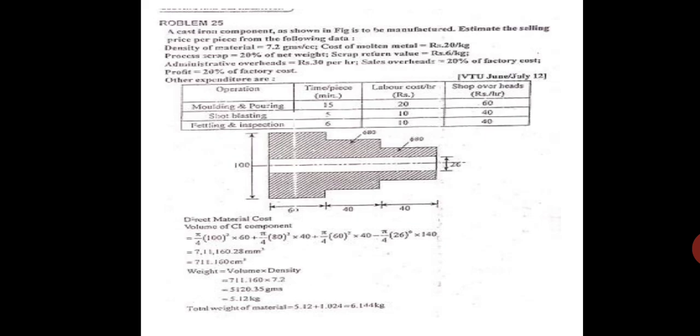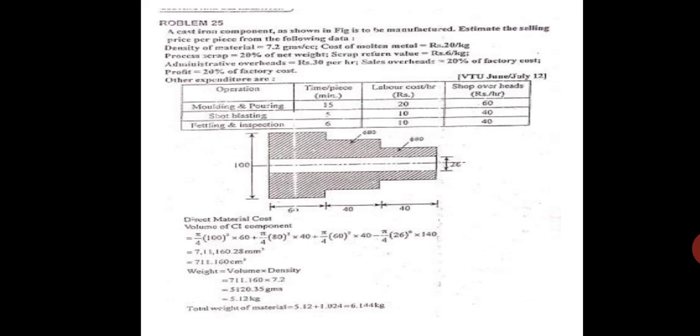First is molding and pouring. In the cast iron chill or the molds you have to cast. So the first operation is molding and pouring, and after that you remove the casting and do the shot blasting. In the shot blasting machine you do the shot blasting, and finally you do fettling, meaning you smoothen the burrs and edges with a file, and then inspect, meaning you check the dimensions and sizes.